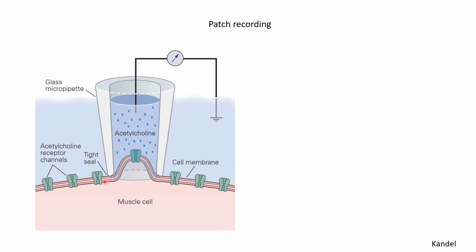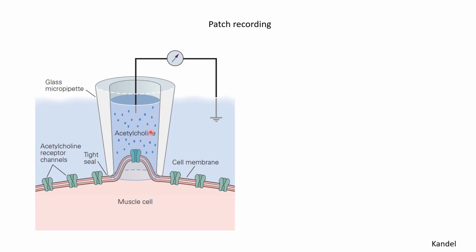Now let's consider, for example, that these ion channels are ligand gated ion channels and they are gated by acetylcholine, which is one of the common neurotransmitters in neurons or muscles. So if acetylcholine is present, these channels can open and then they can close spontaneously. Now if we want to measure the current through these acetylcholine gated ion channels, we can put some acetylcholine in this glass capillary. So there is an electrolyte solution in the capillary that can conduct current, and then there is a metal wire at the back of the capillary which goes out and is connected to an oscilloscope or to a computer for storing the data.